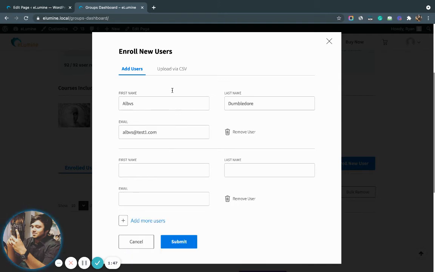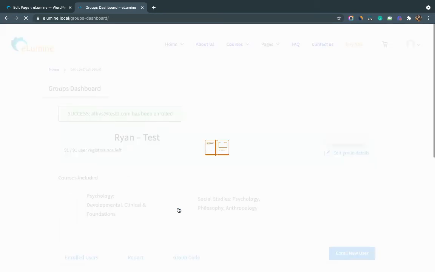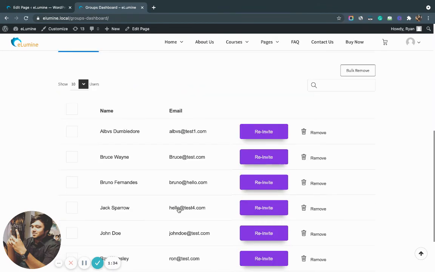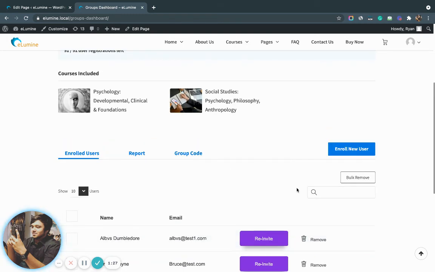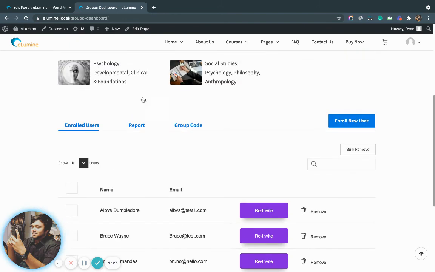As you can see, I've added the details of the person I want to enroll in this group, and as soon as I hit submit, we will check under the enrolled users tab for this user. As you can see, this user has been enrolled in my group after clicking on this button and adding the details and hitting submit. So that's all about the enrolled users tab.